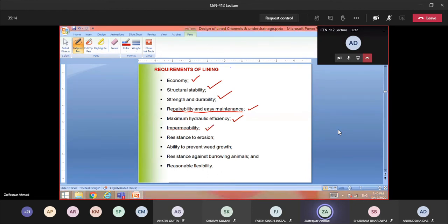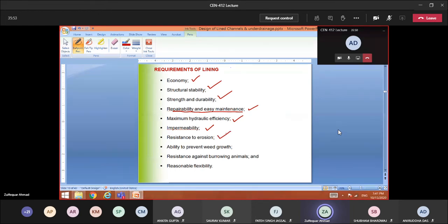Impermeability. Let us say your intention is to reduce the seepage losses. In that case, of course, you have to select a lining which is impermeable, not 100% impermeable. One thing you have to note down: in most of the canals, you have water 365 days. So even a small seepage, if you calculate the total, will be a huge quantity. This is not a river where sometimes you have a discharge in the rainy season, and in the summer season you have very little discharge or no discharge.